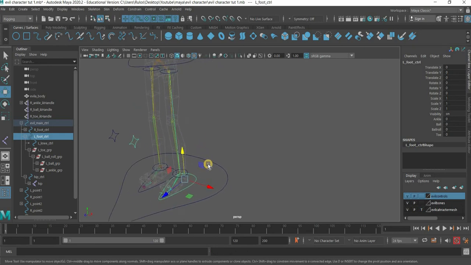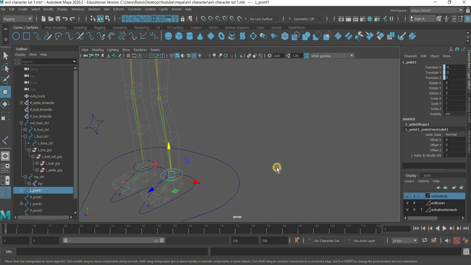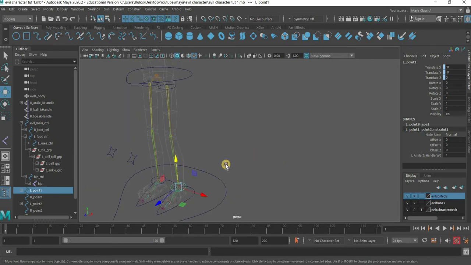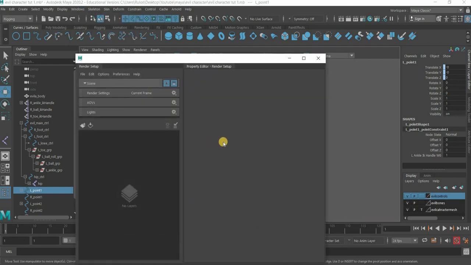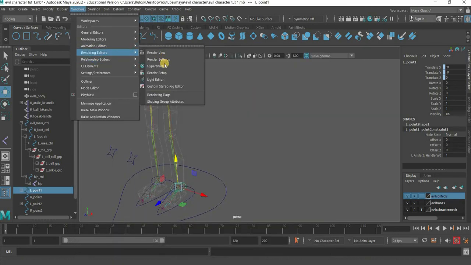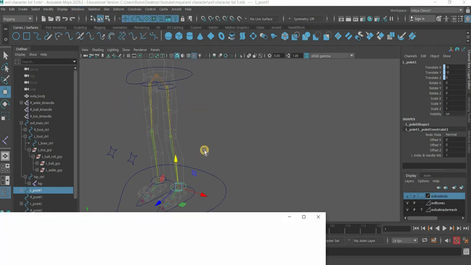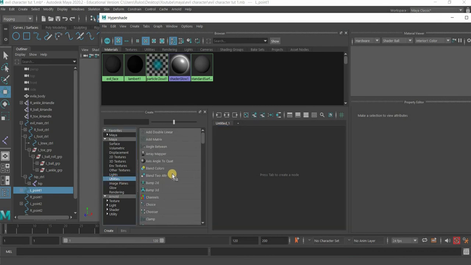Alright. So what we need to do is we are going to create a few nodes in Hypershade. If you go to Window, Rendering Editor, Hypershade, we're going to use 3 utilities. Window, Rendering Editor, Hypershade. Okay. And here we will go to Utilities and we are going to create